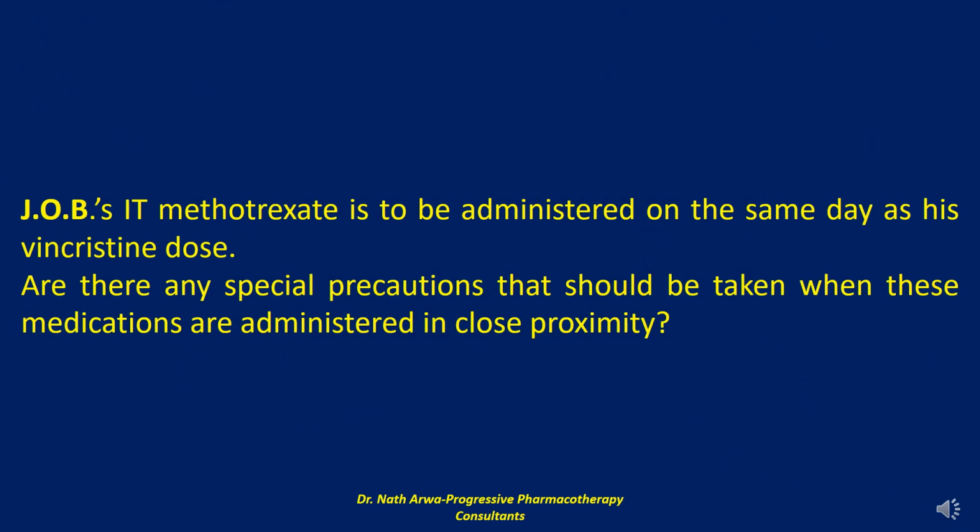Inadvertent administration of vincristine into the intrathecal space is almost uniformly fatal, although there is at least one report of a patient in whom death, but not serious sequelae, was prevented. Despite widespread educational efforts in hospitals and clinics, and numerous precautionary measures, deaths from the inadvertent intrathecal administration of vincristine